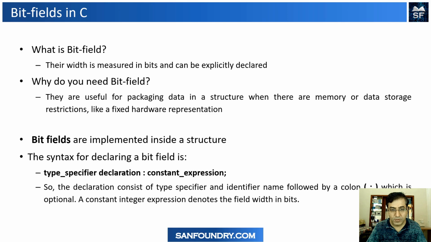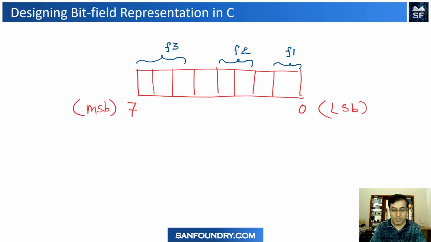So before going further into that, we have to really understand with some sample representation. Suppose you have a hardware which you want to program using the C programming language, right? So consider that we are looking into this example. It's 1 byte of information. So least significant bit and most significant bit, 0 to 7, right?